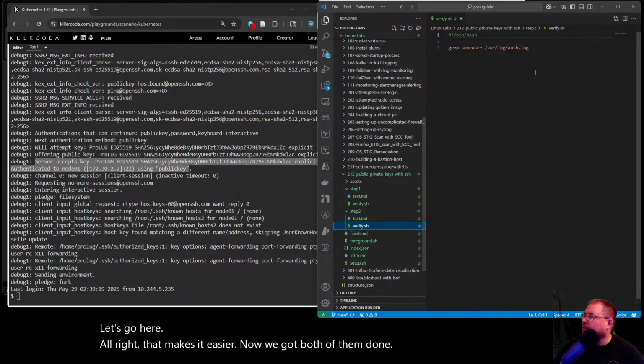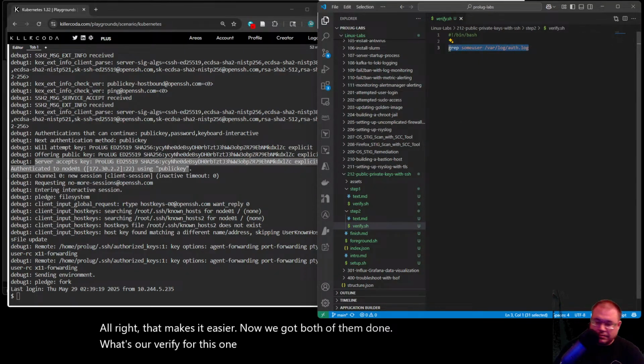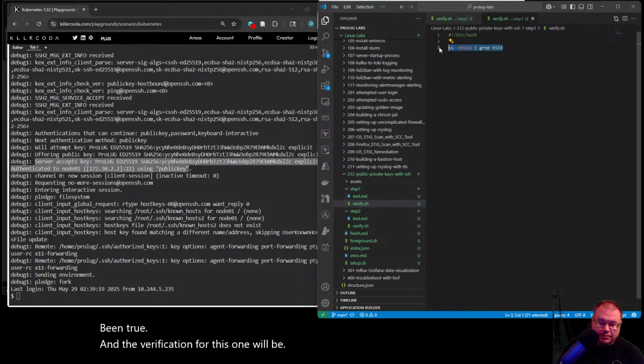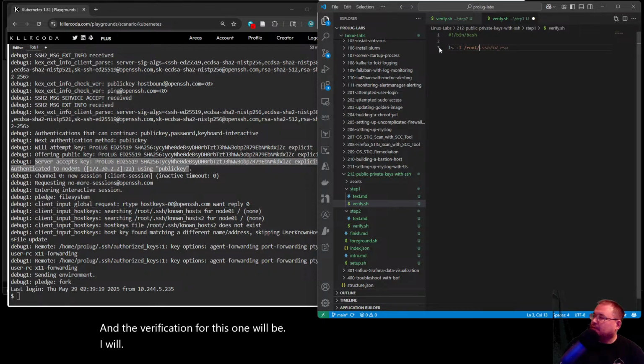What's our verify for this one? Nope. And the verification for this one will be, I don't know, as long as you got Prolog in there.